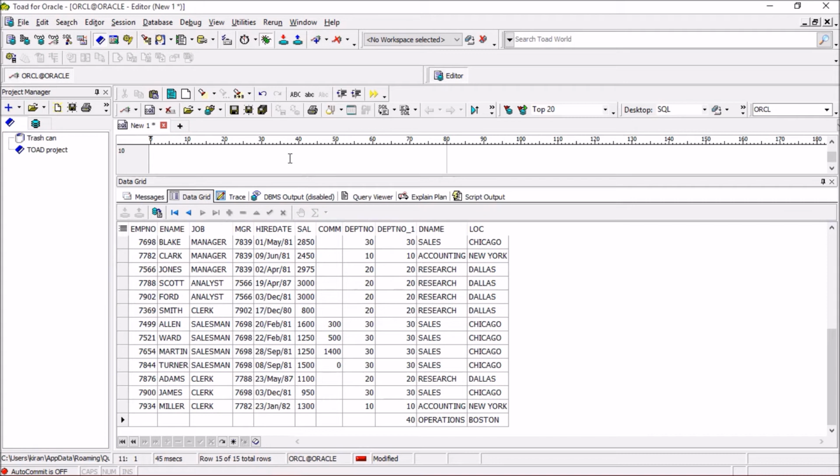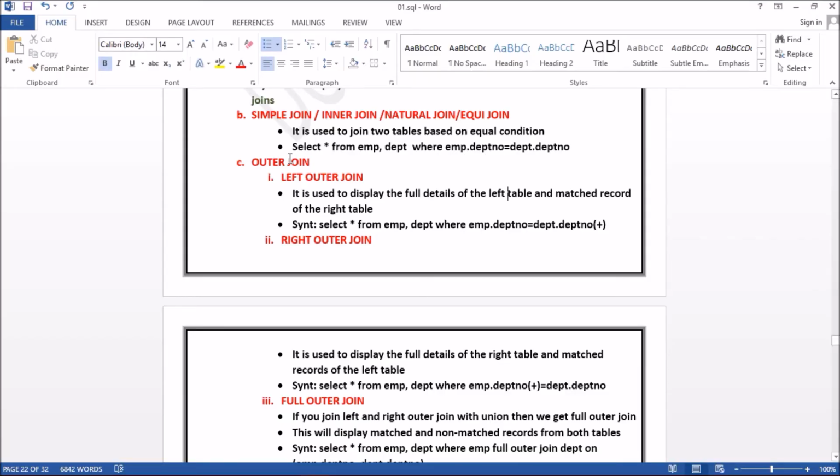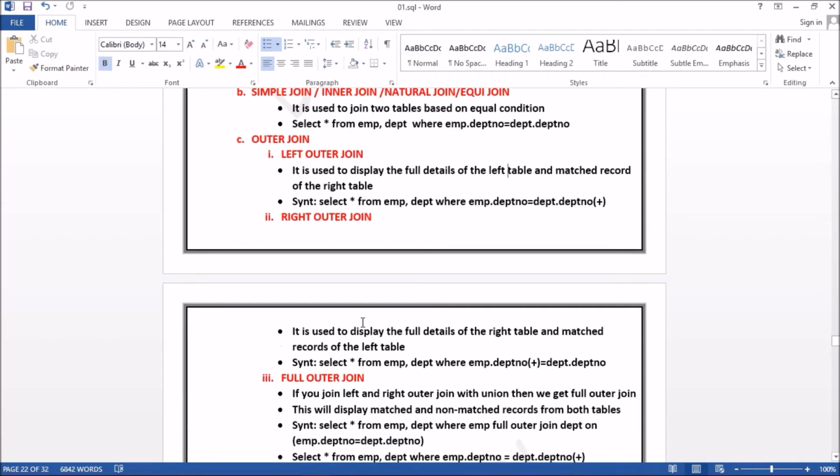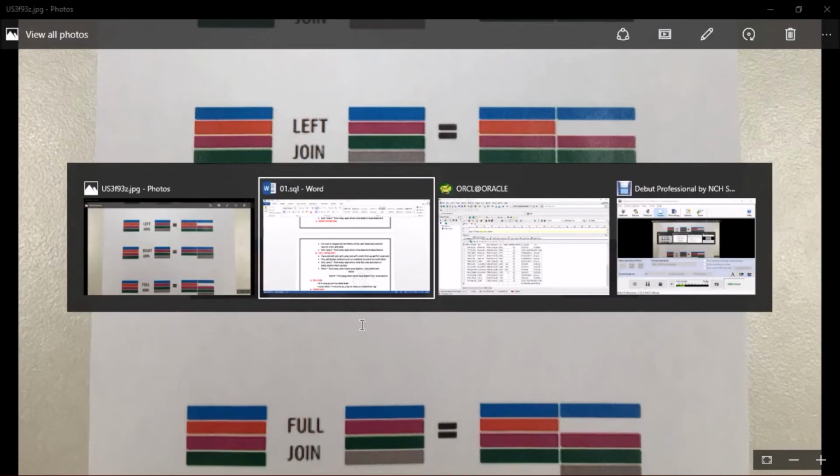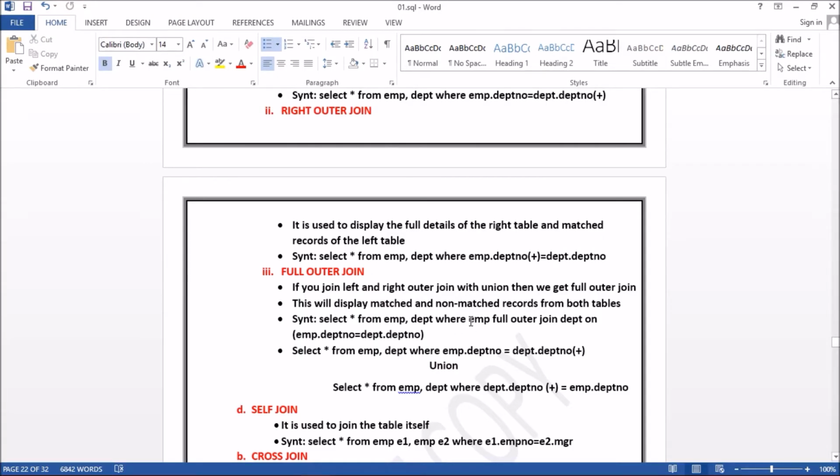Next, full join means select star from EMP comma DEPT where... see, this is the syntax.